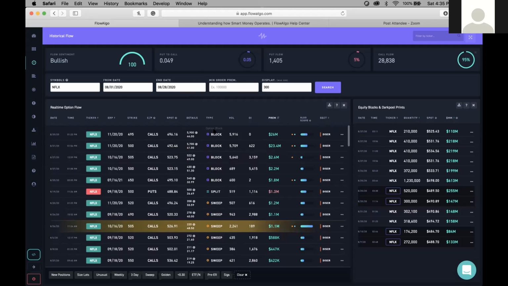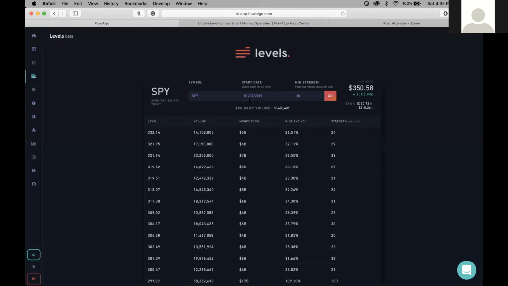So these trades right here were definitely much more educated. I mean, 23 and 26 million is a lot. So they actually ended up being both right by a lot too, because they have 500 and 495 strikes. So they're probably 30, 40 points in the money on almost 6,000 contracts each. So they probably almost doubled their money, or almost tripled it. So that's pretty cool.